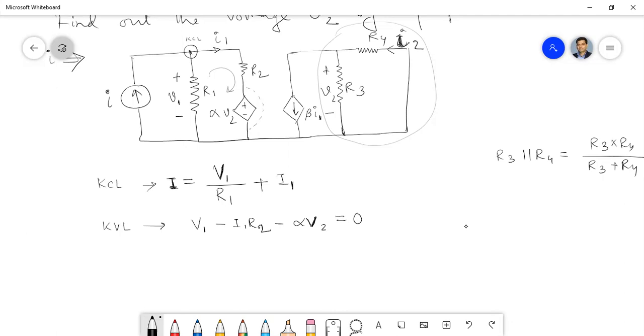Okay, so we have some parallel resistance R3, R4, and we have a current source. Though it is a dependent current source, but current source is there. Okay, now how you can represent this V2 in terms of this? So that is the problem. এখানে আমাকে V2 equals to লিখতে হবে একটা কিছু।